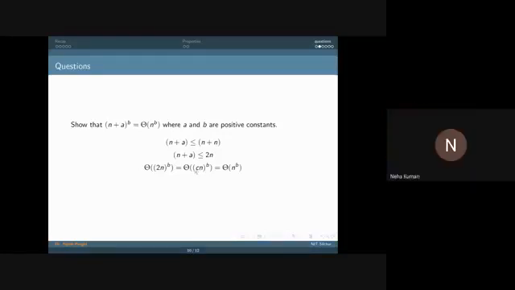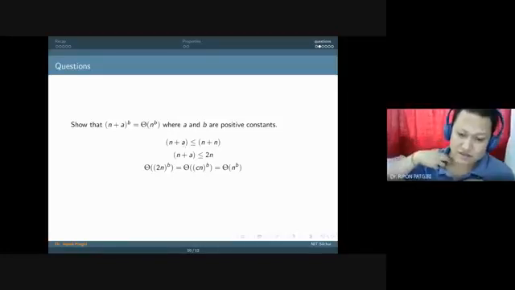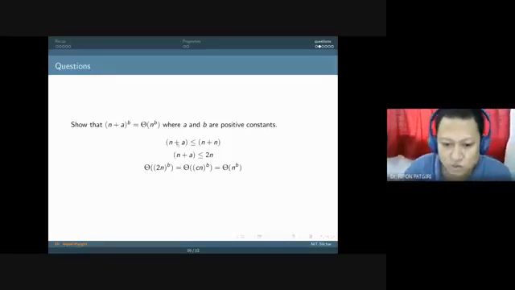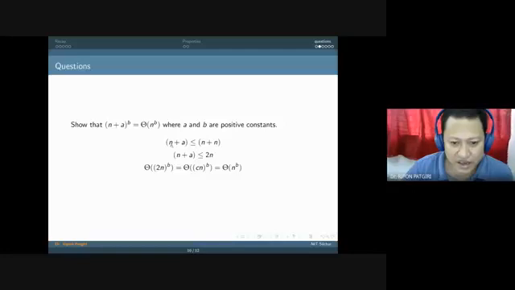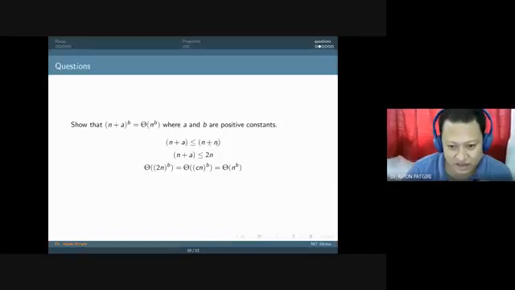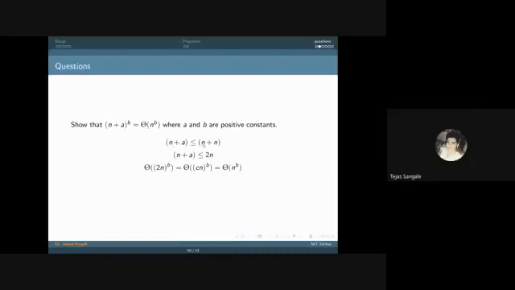Sir, since n can be anything, it can be equal to or less than a also. Isn't it important to mention that n must be less than or equal to a? That is why we can assume this. Yes, and suppose n is, again, what am I assuming here? n plus n. Here I am assuming a is also as powerful as n.